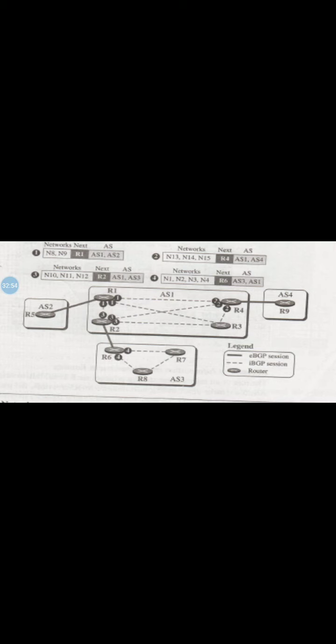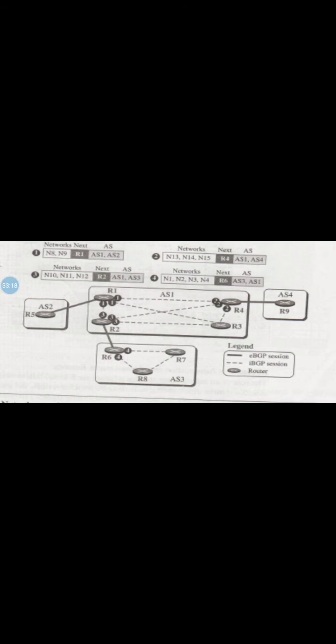The process of updating is not stopped here. For example, after R1 receives the update message from R2, it combines the reachability information about AS3 with the reachability information it already knows about AS1 and sends a new update message to R5.